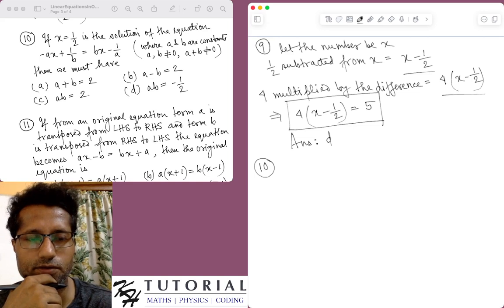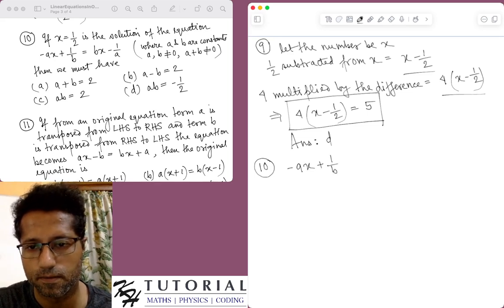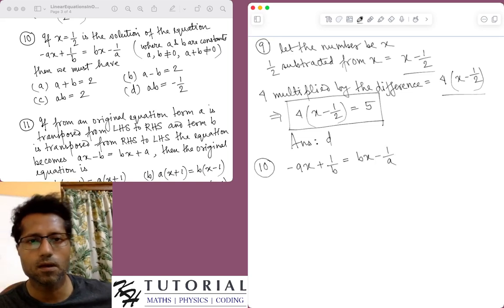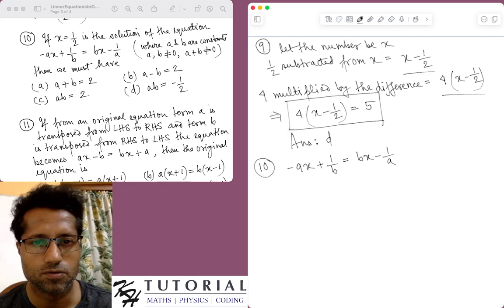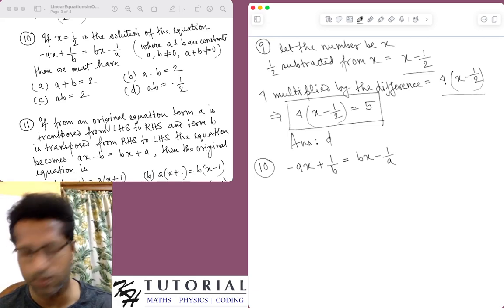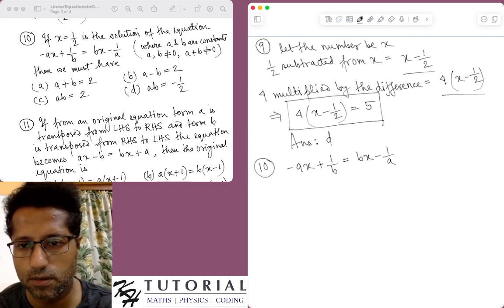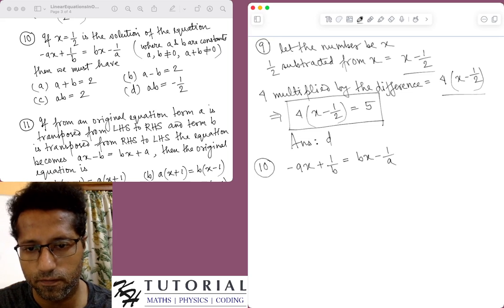So it is saying that half is the solution of this equation. So let's see what is the equation given. Minus ax plus 1 by b equals bx minus 1 by a. So the question is, if half is the solution of this equation, then we must have some relations given in terms of a and b. So if x equals half is the solution,